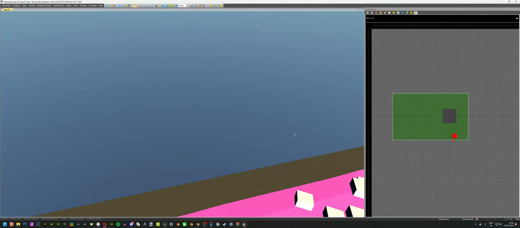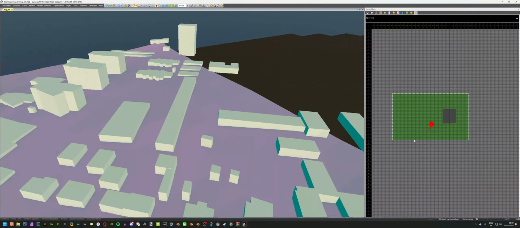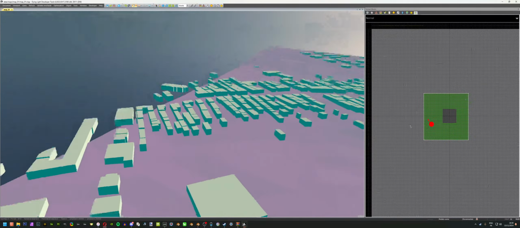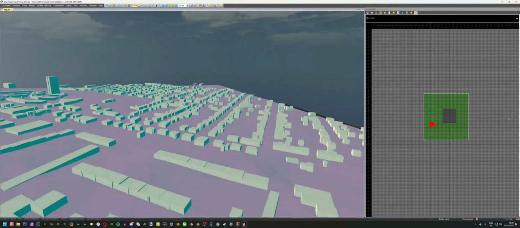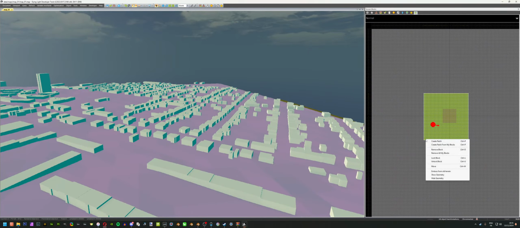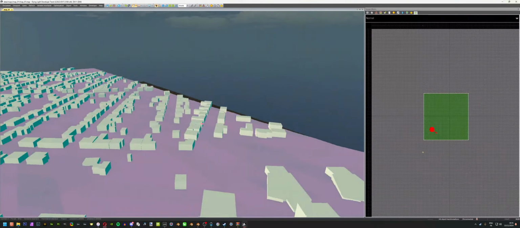Something like that. You don't want to have much more than needed. Okay, so I need to unlock all the blocks together, and then I'm gonna have to